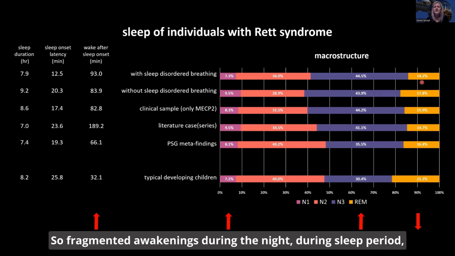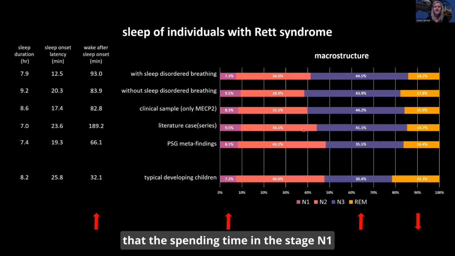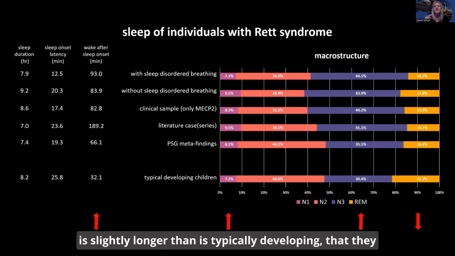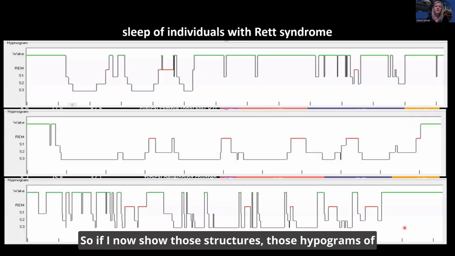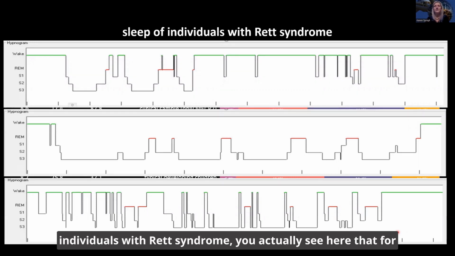So fragmented awakenings during the night, during the sleep period, and time spent in stage N1 is slightly longer than in typically developing individuals. They spend much more time in deep sleep, and REM sleep is also significantly shorter. So if I now show those structures, those hypnograms of individuals with Rett syndrome, you actually see